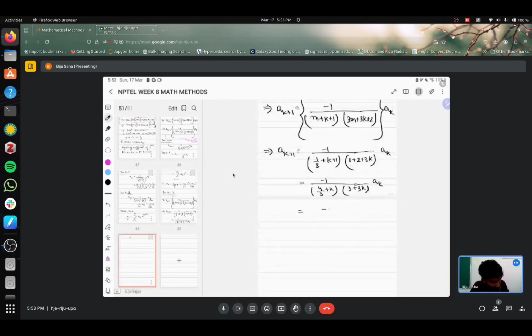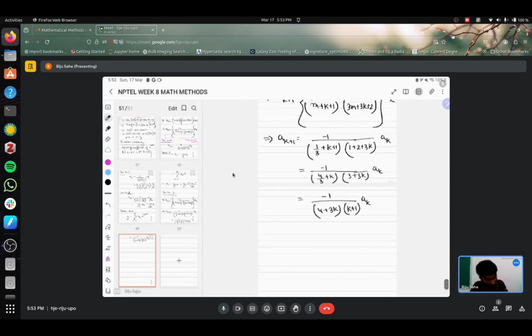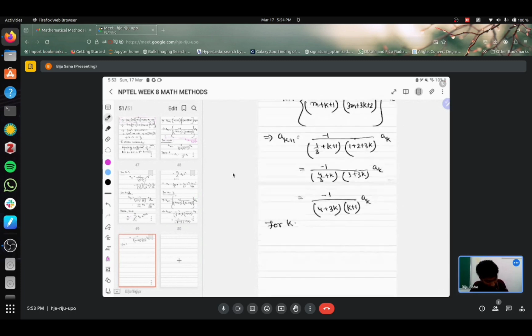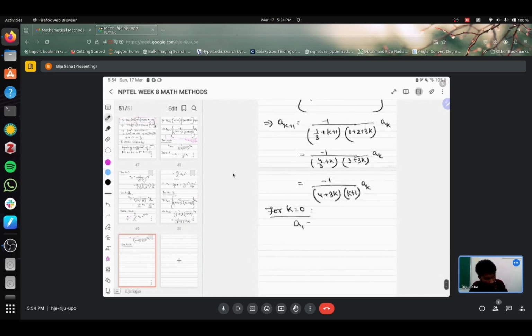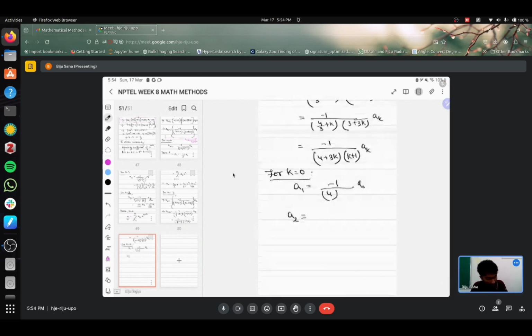We can take 3 common and multiply it on the first term, so that would give this. Now let's begin by finding k equal to 0. For k equal to 0, you have a1 given by this. Similarly for k equal to 1, a2 is